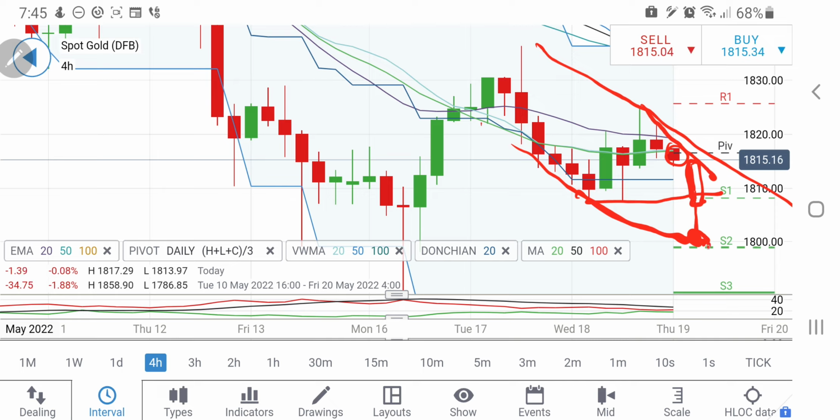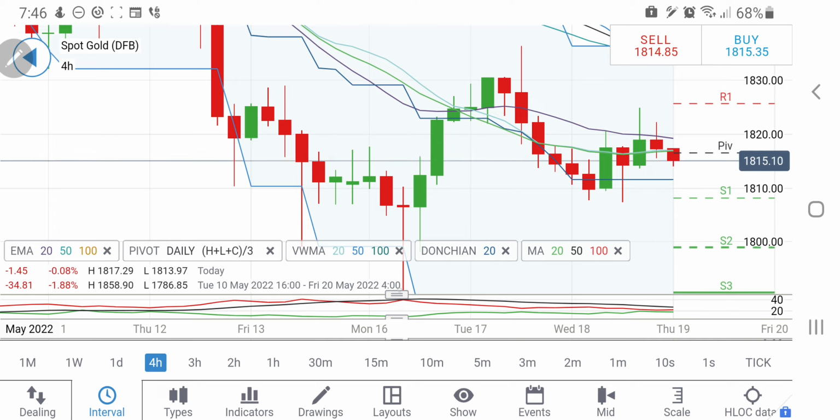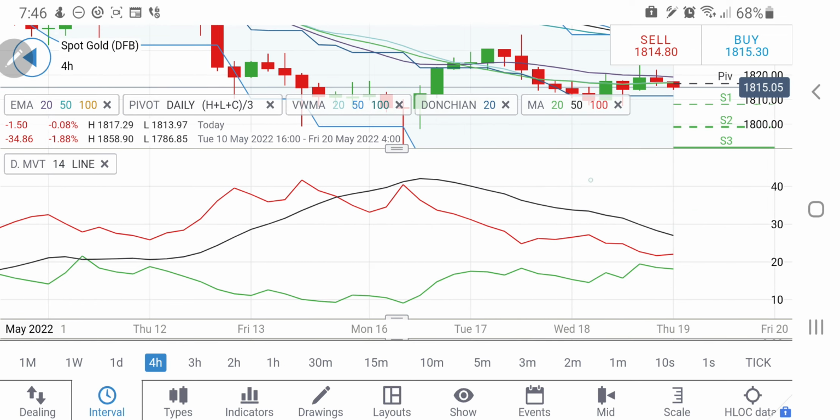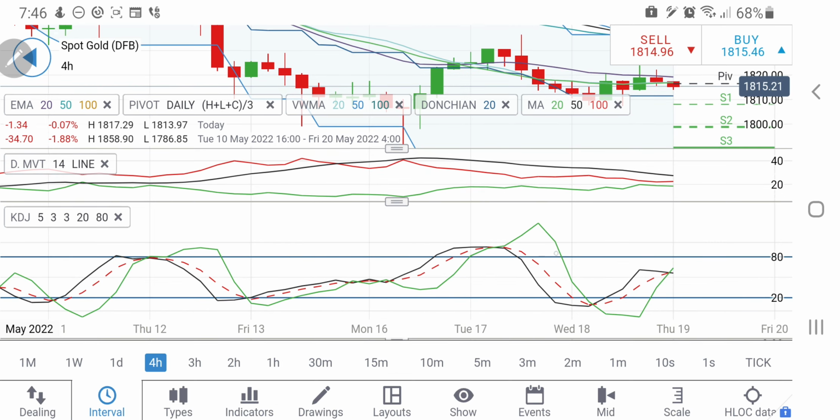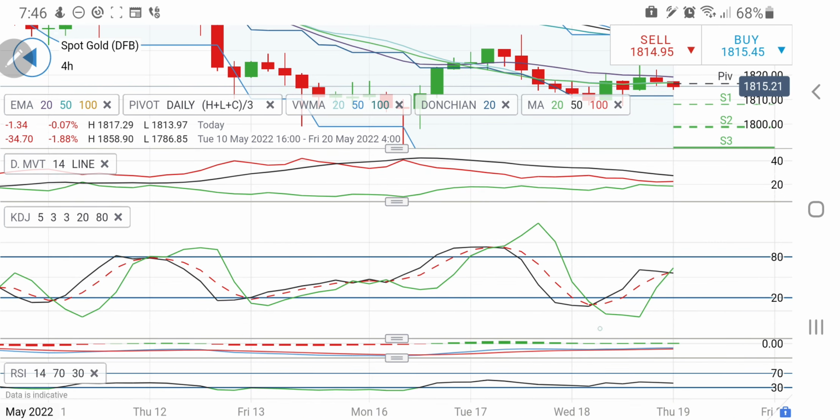Probably once it breaks 1800, there could be a sharper fall which may try to take it towards 1791 and 1780 levels. So that is what it appears. Only long entry is above 1818, and above 1818 we may still see a resistance at around 1822 and 25 levels. Divergence and bearishness on directional movement. The stochastic is on the verge of a crossover here for a sell off, and that is what it appears on